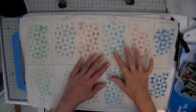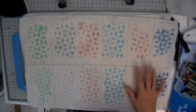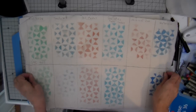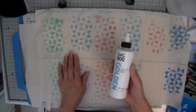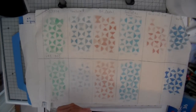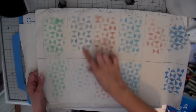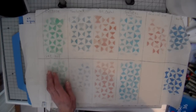I just got it out of the dryer and I pressed it. And I wanted to go over some of the results that I see. Very little difference, to be honest with you, between the product that I activated with golden fabric medium versus the water. I did notice quite a bit of lightening in the neon color too, which are the ones